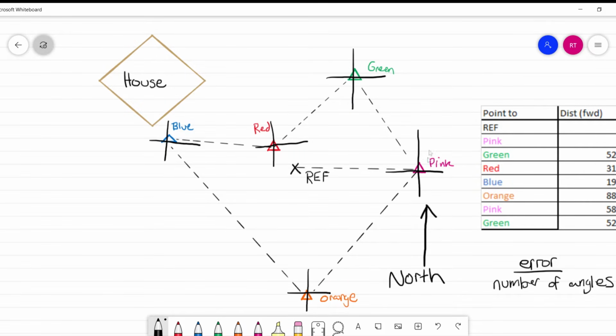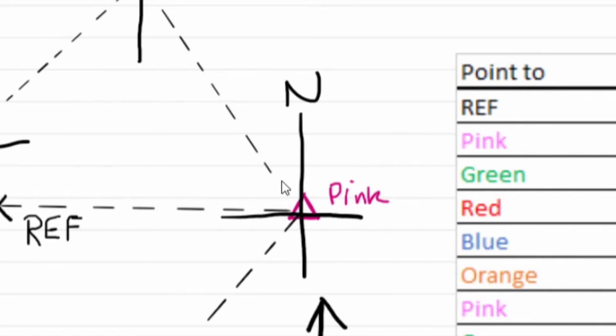So when we look at our quadrant system, you see we're heading in the northwest direction, meaning that our azimuth needs to be above 270 degrees. Because remember, this is north and this is west.